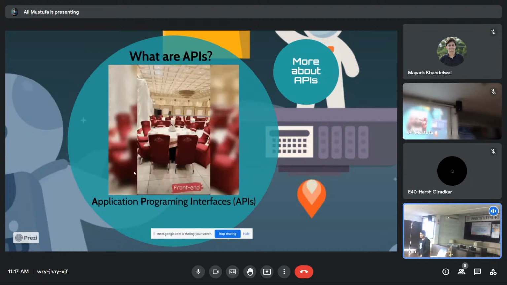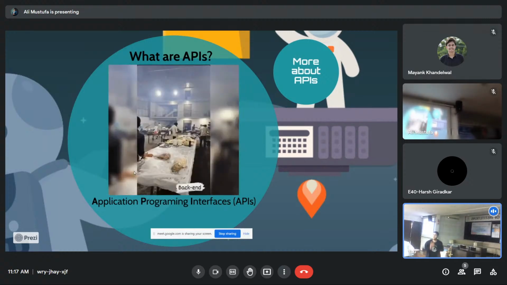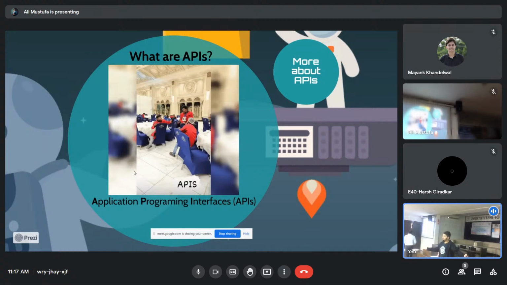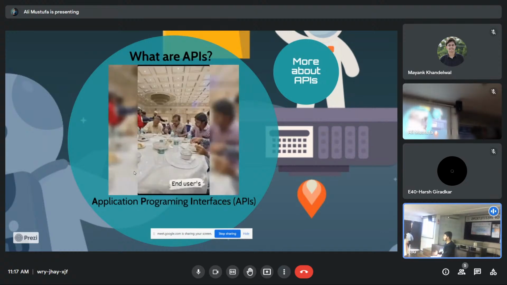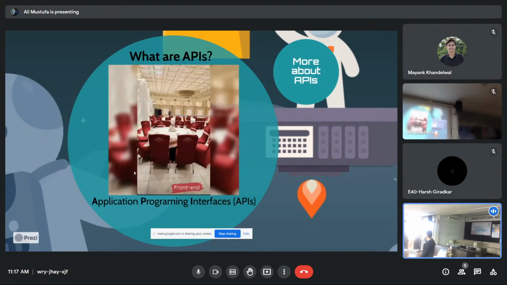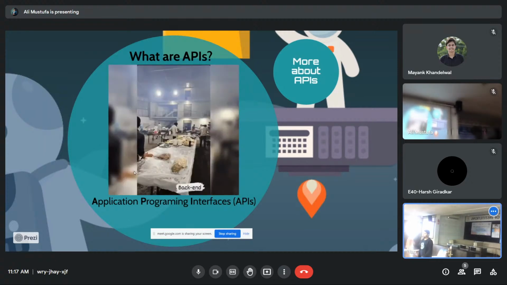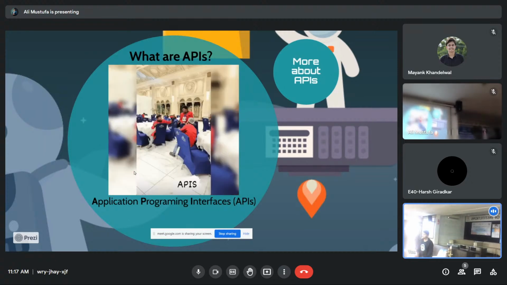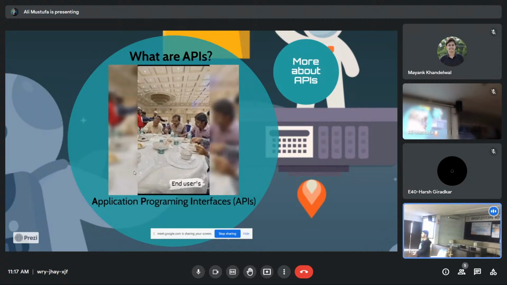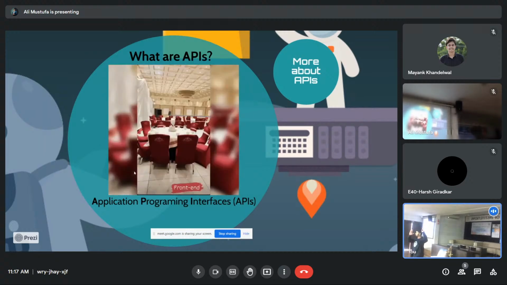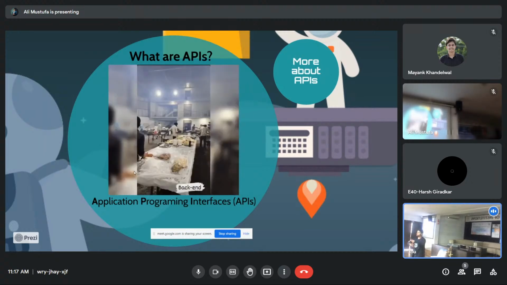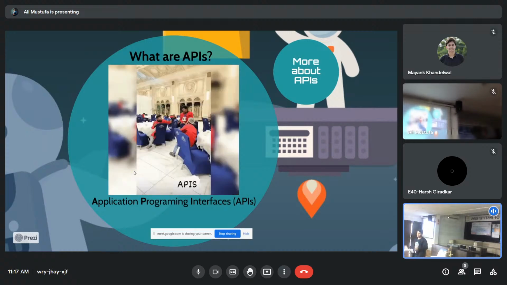Yes, absolutely. So an interface can be literally anything. And you can use APIs, configure that interface and enable it to work without even writing the logic behind things. You just have to configure the interface and the logic runs on the server side. The API provides the logic. You don't have to worry about it.